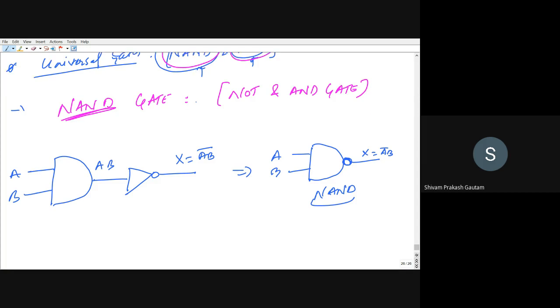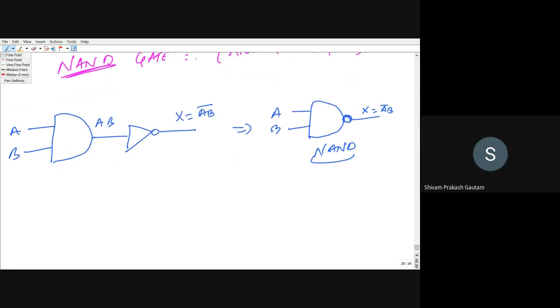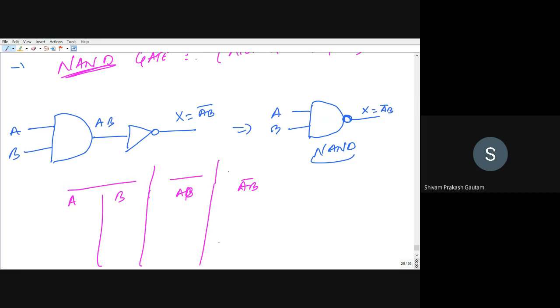Okay. So here also we will make a truth table. Input is A, B, and output is AB bar. One stage is AB also. So I am representing this AB as an intermediate stage, right? So here there are three things. The first one is your input. The second one is your intermediate, which is not shown in the book. I am just telling you for your knowledge, right? And this is your output. So the input is A, B, the intermediate stage is AB, and the output is AB bar.